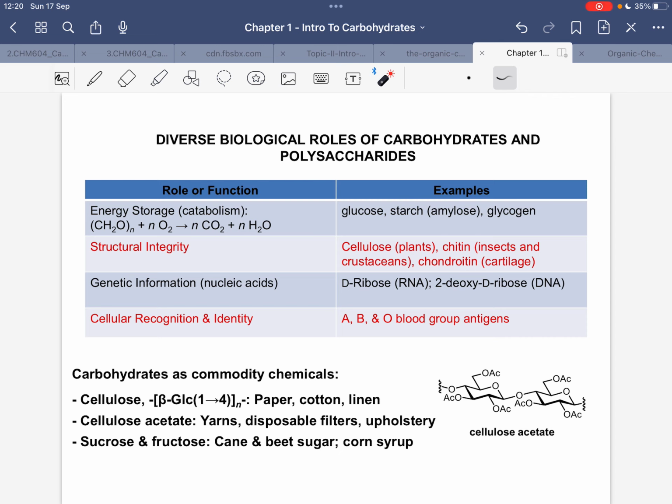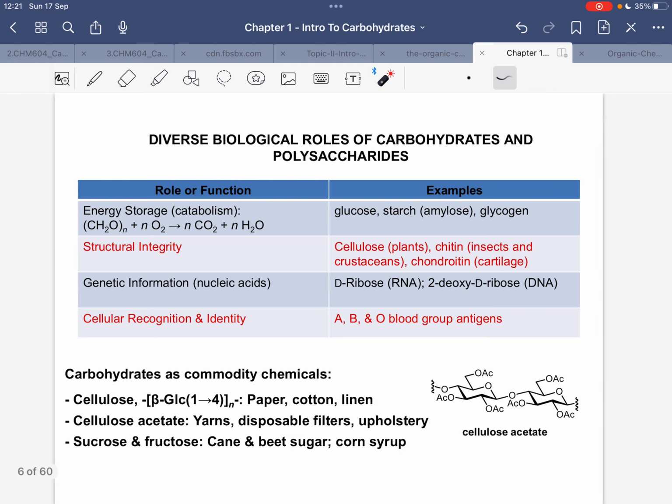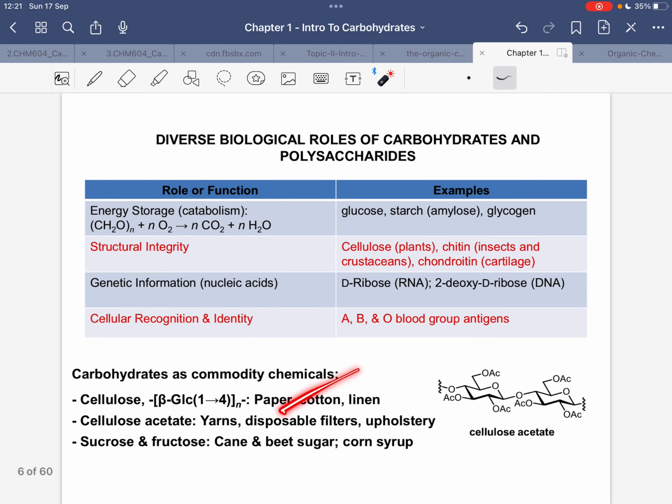So nucleic acids have a phosphate group, a sugar, and a base. Of course, like RNA and DNA, it has a sugar unit in its structure. And of course, for cellular recognition and identity, just like the blood type groups A, B, AB, and O. So these are the commodity chemicals that we can